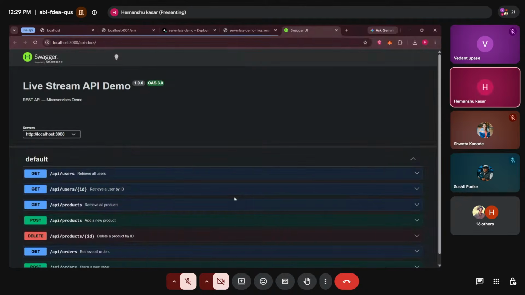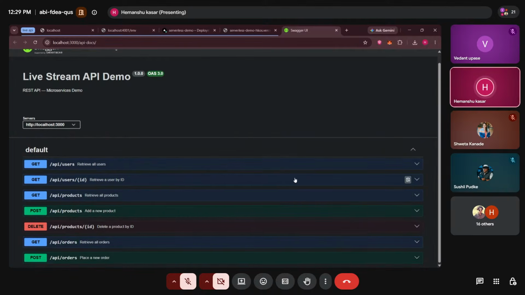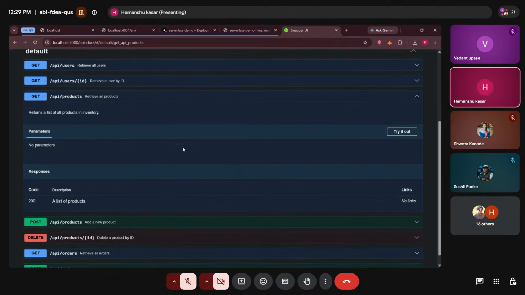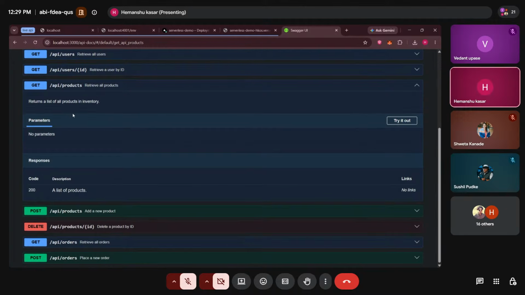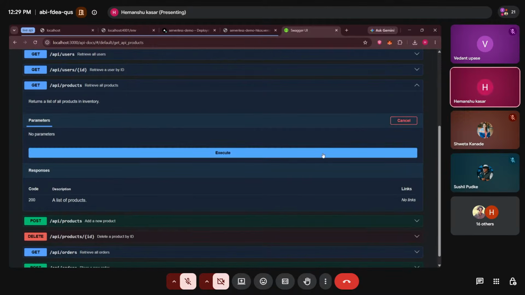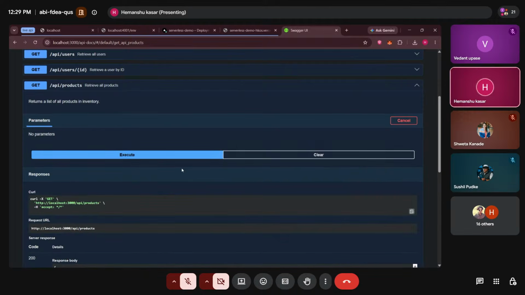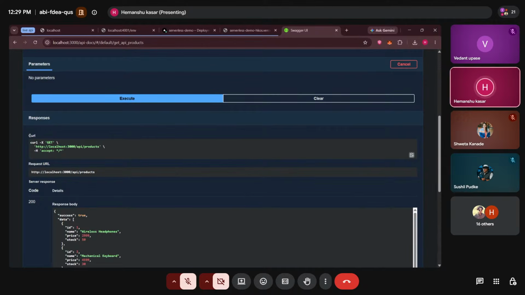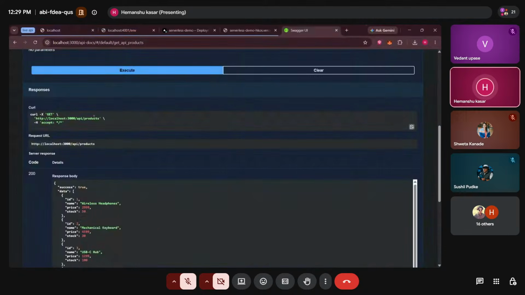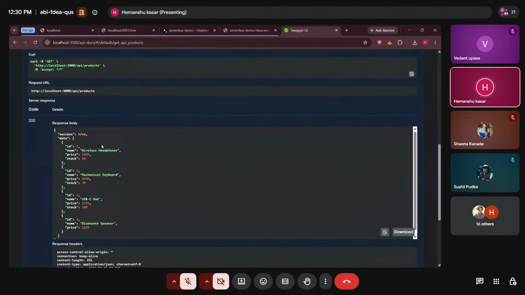Let me click Try it out and get the product response. So we will run this. Once we click on Try it out, we have to click on Execute. We will be able to see the call request. The call means whatever the URL and the endpoints we have, it will be defined here. The request URL, the same URL we can paste in Postman and get the response using the GET method.